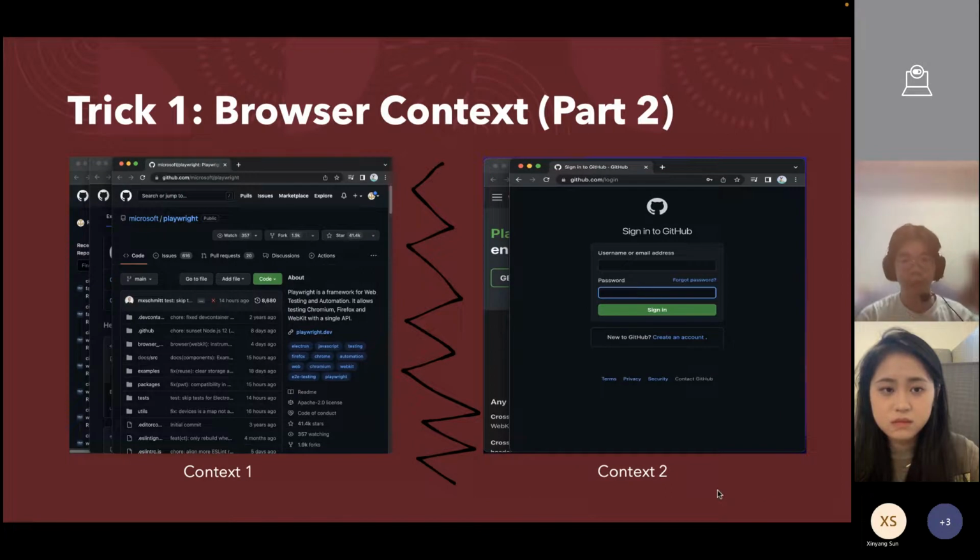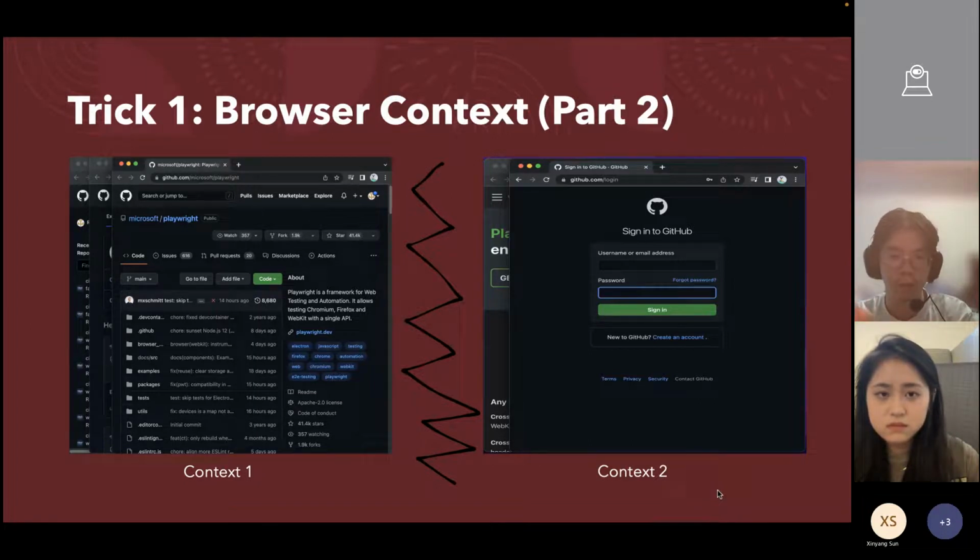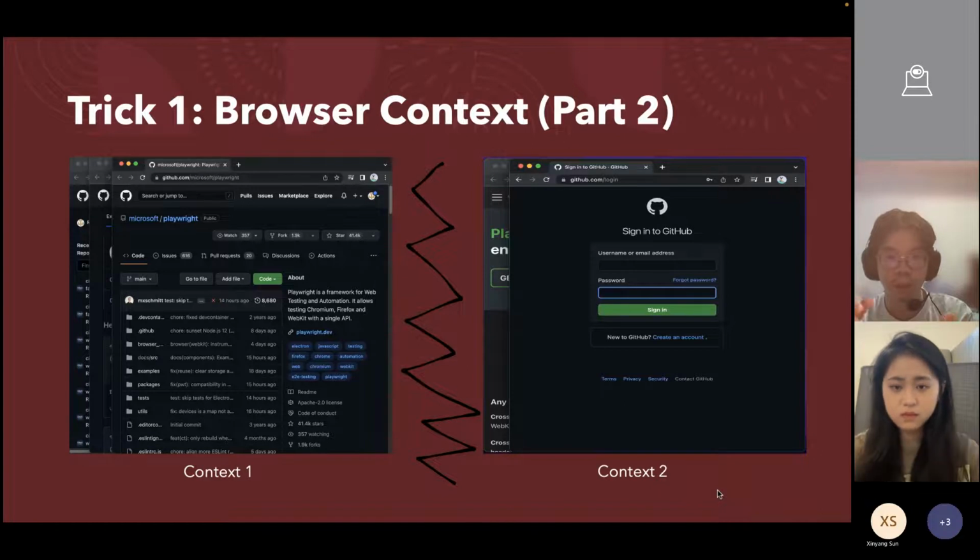So just like in this part, Playwright can do the same job in each browser. The left one is the context, right? They just store everything in one box and do the testing in this box. And the right one, this page doesn't know the login, so it can do the login test in the right box. So they just divide into two parts. They don't affect each other. They just share the browser at the same time.